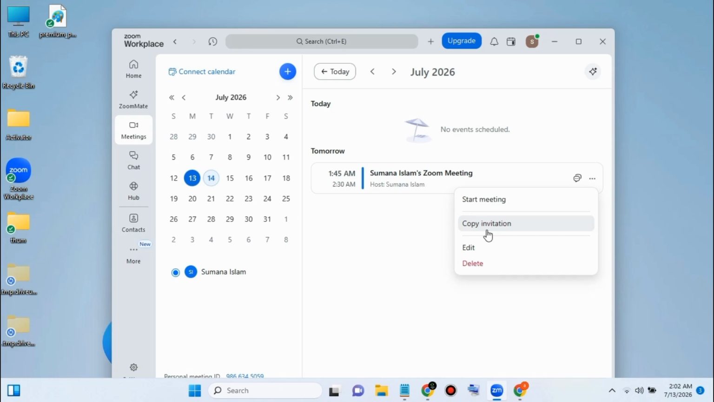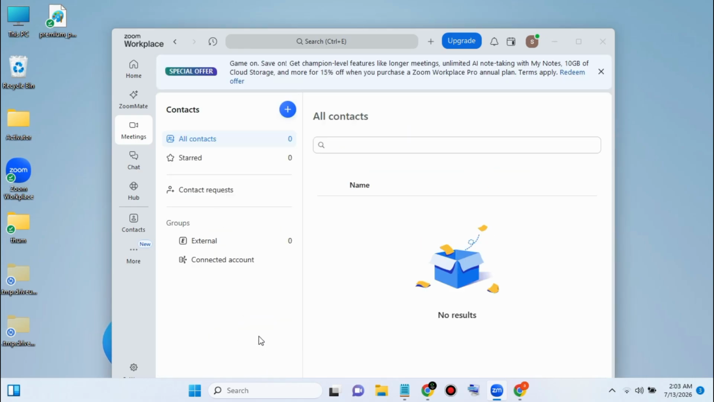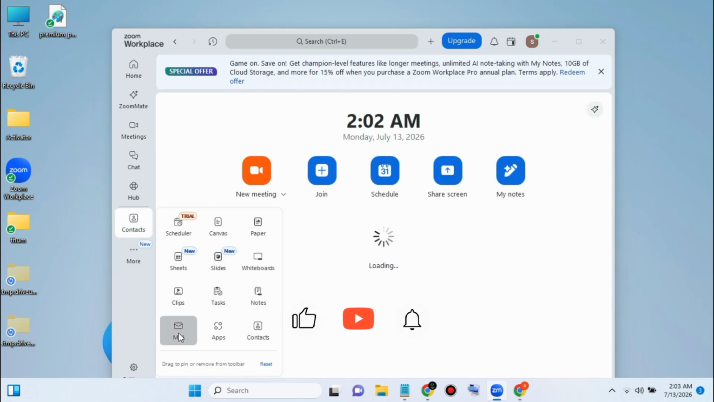Whether you send a meeting link, copy the full invitation, or invite people from your contacts, the process only takes a minute. Sending the invitation ahead of time helps everyone join